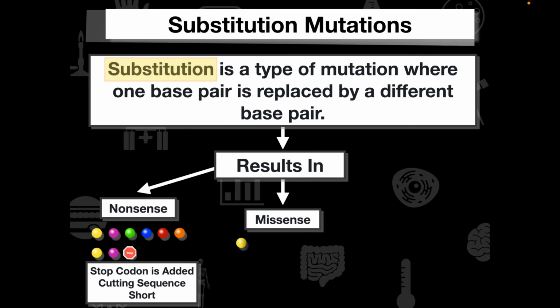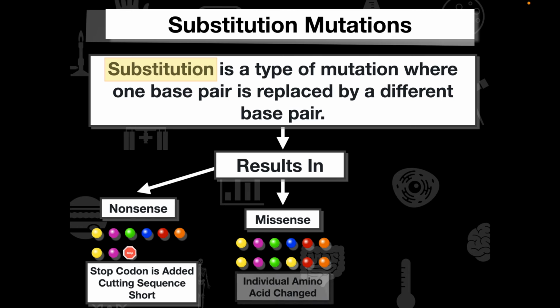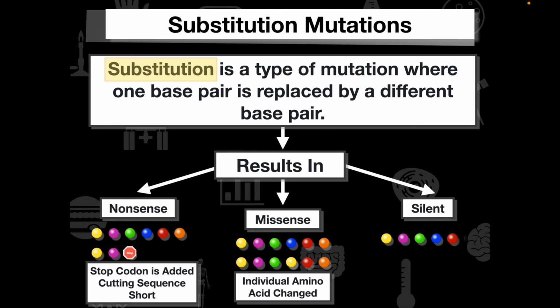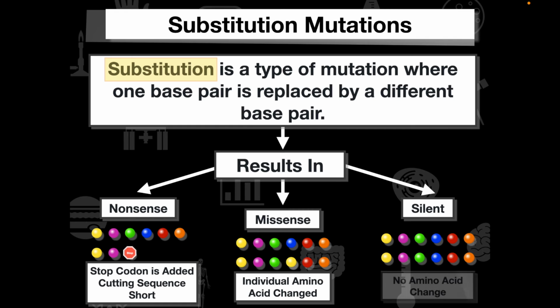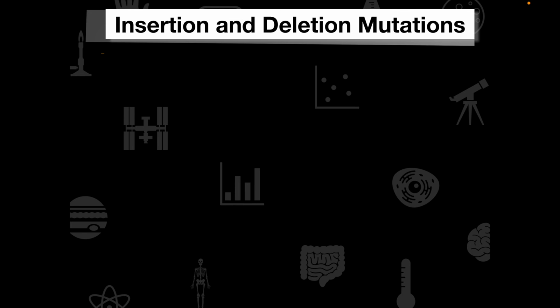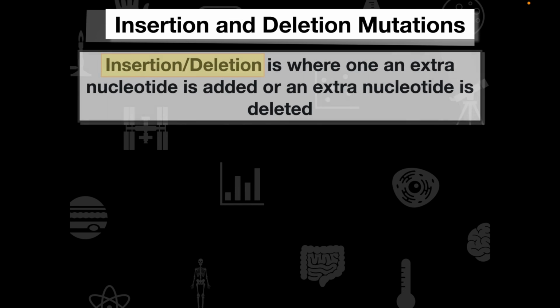We have a missense, where we see an individual amino acid change. When that individual amino acid changes, we're going to see a small change in the protein structure. And then lastly we have a silent mutation. That's where there is no amino acid change because there are multiple codons that code for the same amino acid. Now in insertion and deletion mutations, this is where one extra nucleotide is added or